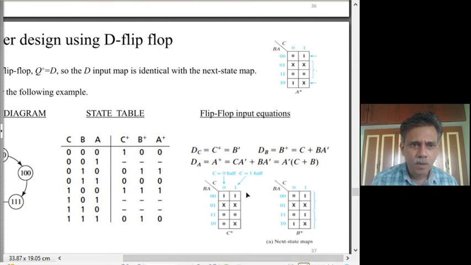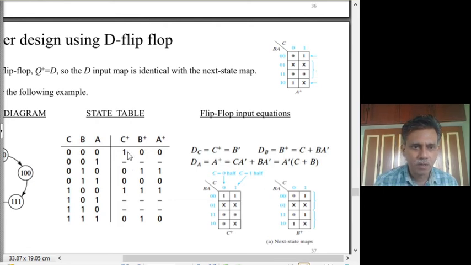So here is where the C plus we have put. We are going to treat C plus or DC as a function of ABC and get the values. So we have put C here on the horizontal row and BA here. Again, that is advantageous because you can just read out these values and fill it here. So how do we read out? You have to read these values and fill it here. Wherever there is a dash, you can conveniently put a cross there because it is a don't care term.